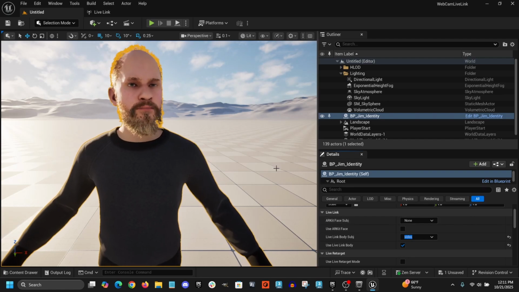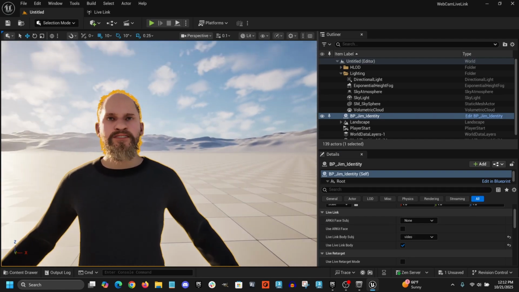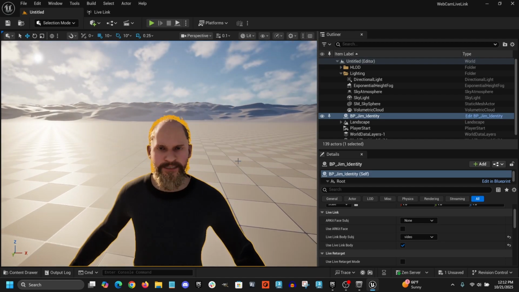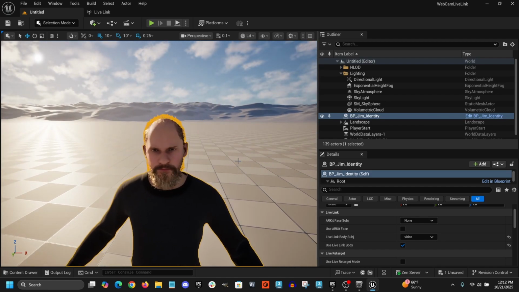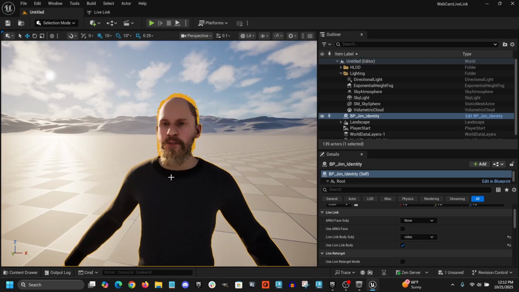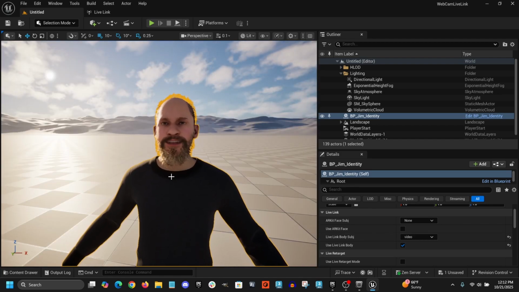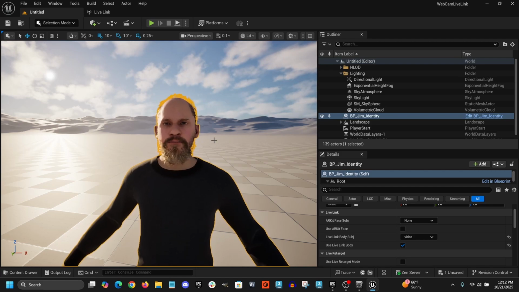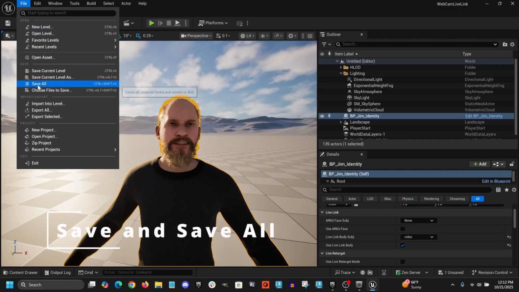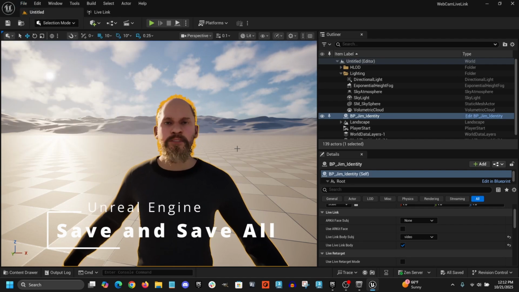Now you can see in my viewport, my MetaHuman is actually speaking. And you can see as I sway, the MetaHuman is moving around based on the capture. So our MetaHuman is working. It's getting its data from the Livelink. And what we're going to do now is save everything. And then we're going to go ahead and